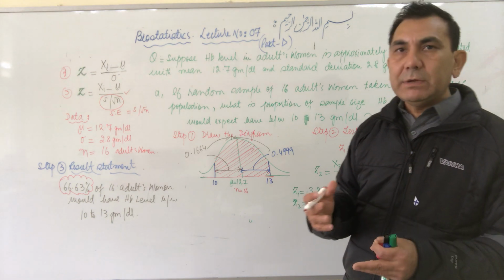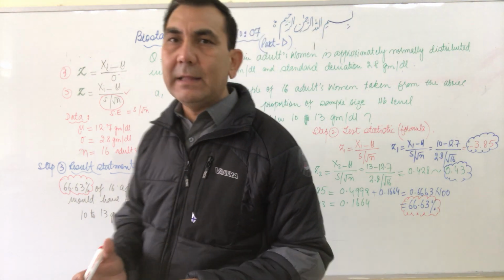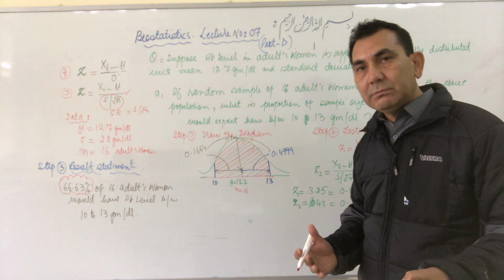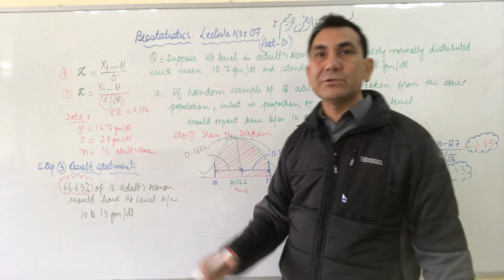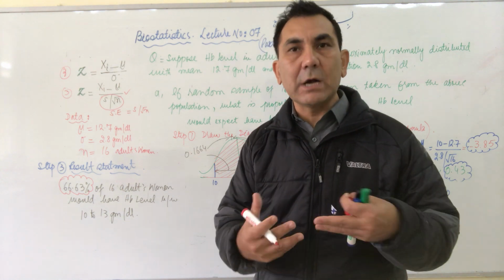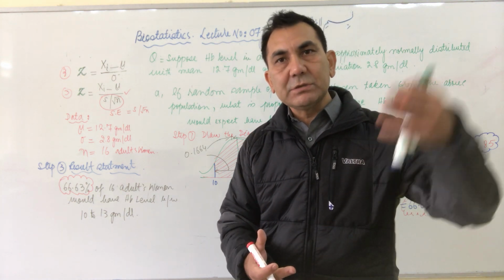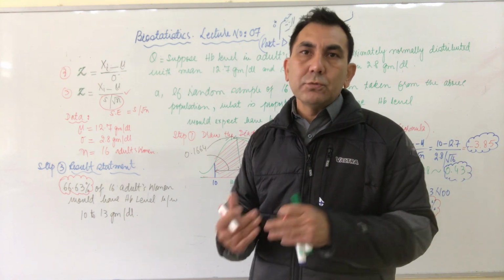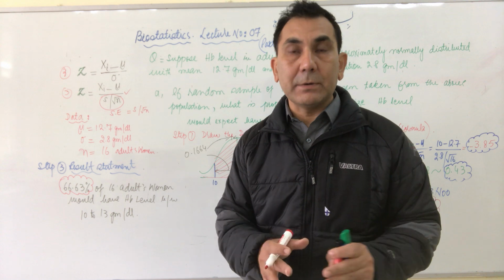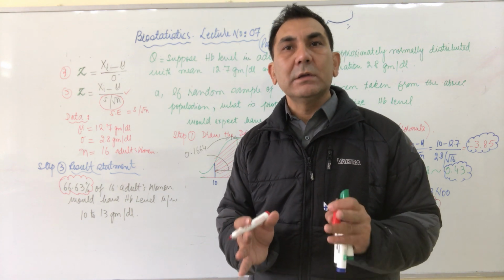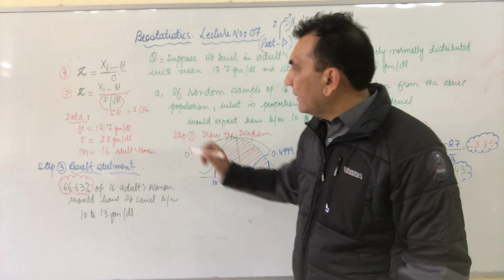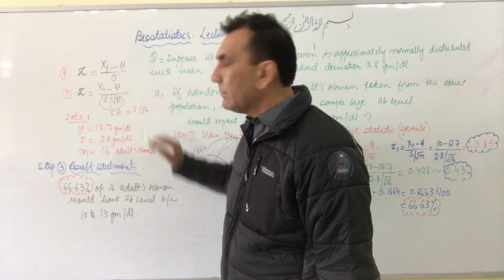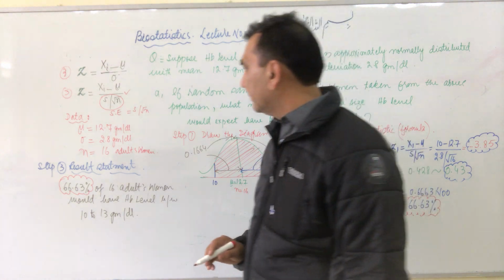So the difference between the population mean and the sample mean is always called the standard error, because the sample which we draw by the probability method from the population is a true representation, but not an accurate representation. So the standard error always remains. And the formula for the standard error is S divided by square root of n.